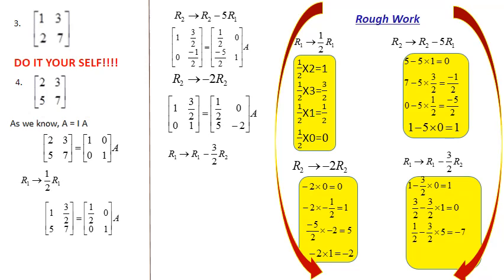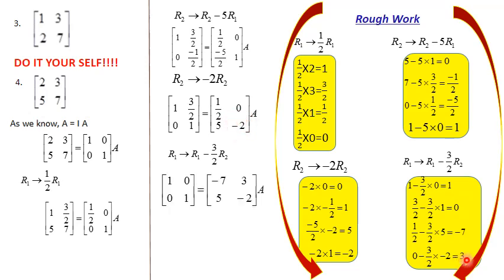Next we have to come here. That is 1 by 2. That is R1, 1 by 2 minus 3 by 2 into R2. R2 is 5, that we have written. After calculation we will get minus 7. Then finally the last calculation is 0. That is R1 is 0. It is written here, 0 minus 3 by 2 into R2. R2 is minus 2. It is calculated.